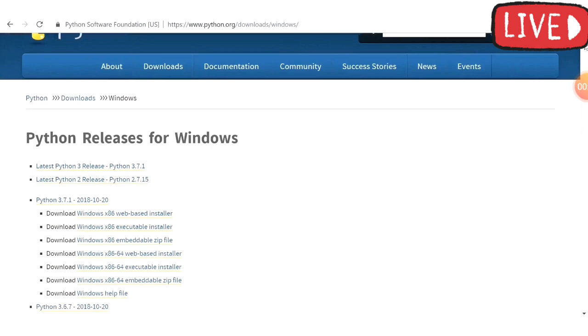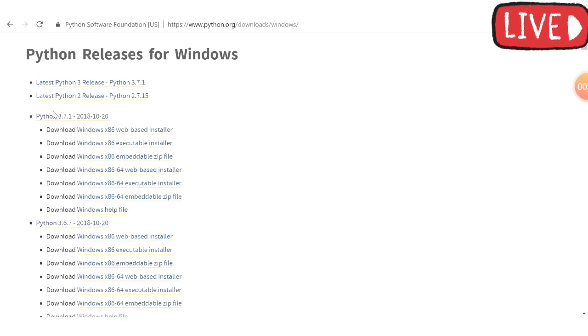Here you have the various Python releases for Windows. As you can see here, 3.7.1 has a web-based installer, an executable installer, an embedded one, and so on. Now we want the executable installer, and since my machine is a 64-bit one, I'll go for this. Of course, you need to select the file that is suited for your system. So click here,